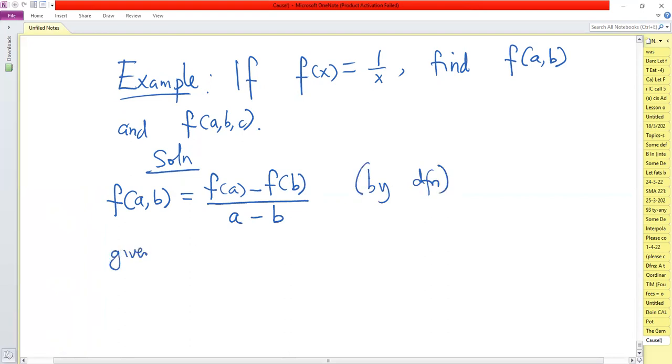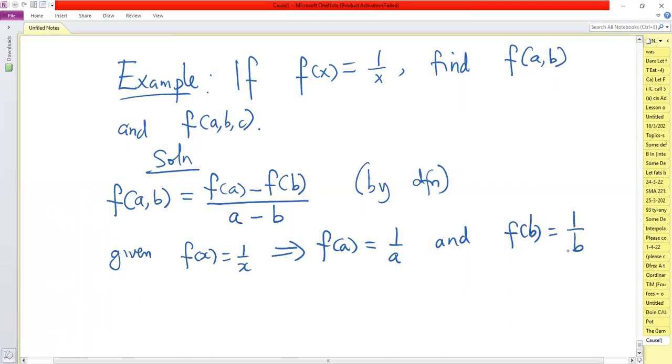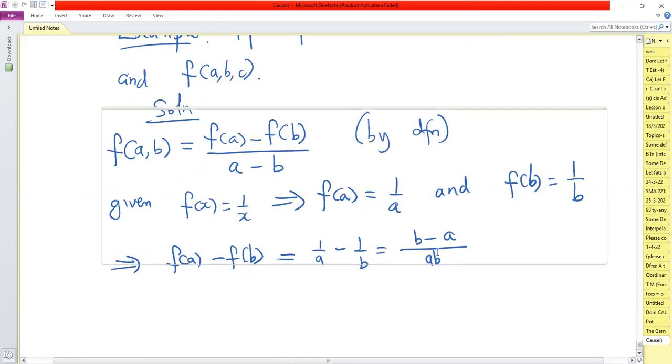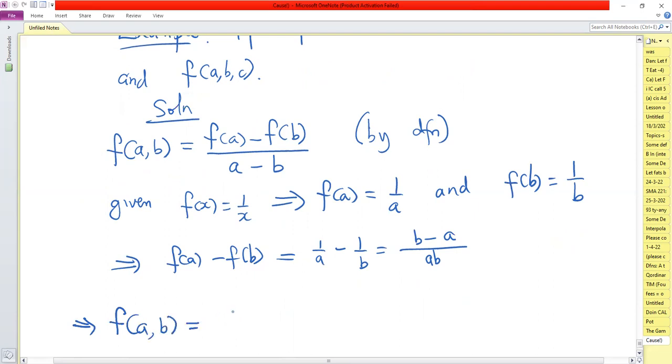And given f of x is 1 over x, this implies f of A is 1 over A, and f of B is 1 over B. So the difference, f of A minus f of B, will be 1 over A minus 1 over B. Now, the LCM is AB: A into AB is B, B into AB is A. So the first divided difference at arguments A and B will be AB minus A over AB, divided by A minus B,